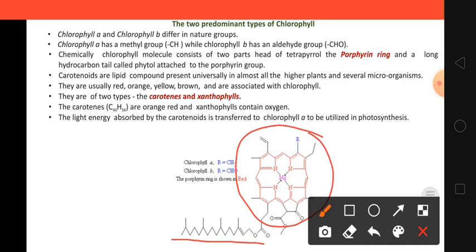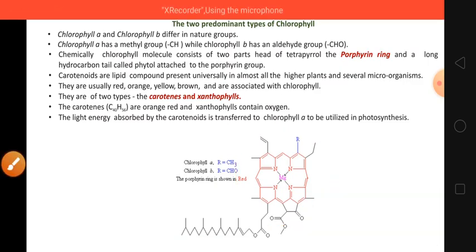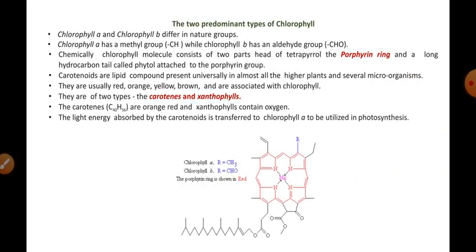Okay, now this is one pigment. If we speak about the carotenoid being the next pigment, carotenoids are lipid compounds which are present universally in almost all the higher plants, and they are also present in many microorganisms. Now carotenoids appear in red, orange, yellow and brown color, and they are associated